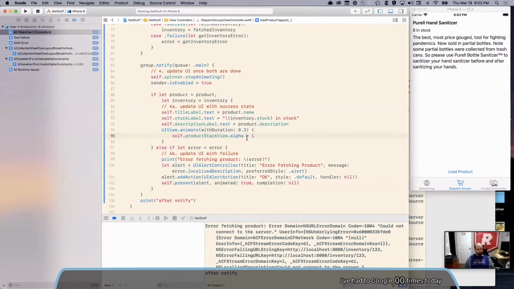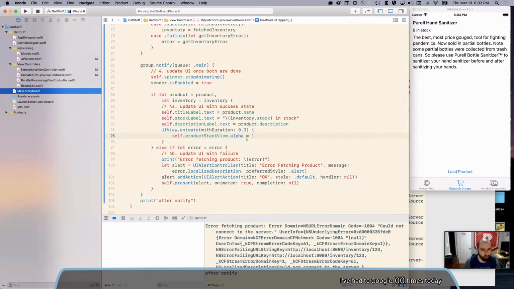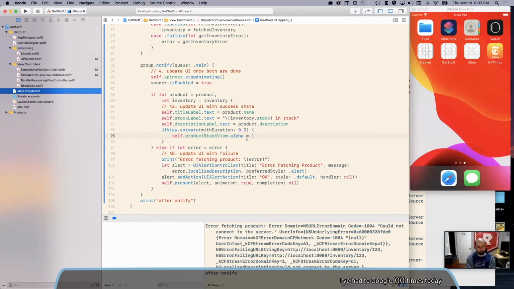So again, it feels like that was a lot in a short amount of time. But I feel like with those two things covered, we're at like 98, 99% of the queuing stuff you're doing. And we haven't really even talked that much about what queues are or how to use them in more advanced cases. We're going to talk a little bit about that in the third example. But if this is as far as you get, and this is as far as you're comfortable with, that's pretty much fine for most things, because most things in iOS are: go out to somewhere, get something, and let me know when you got it.